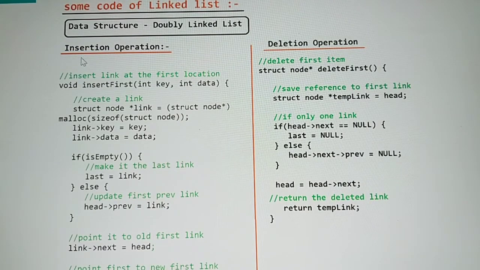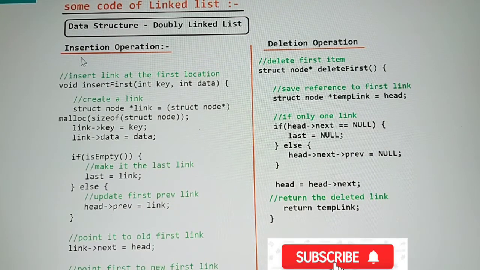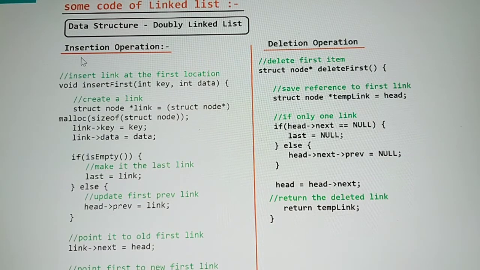What is insertion? In my previous video I said what insertion is. Insertion means that I want to input data in the middle, first or last of a linked list. So insertion means that I want to add any data or element in the first, last, middle or any place in the linked list.